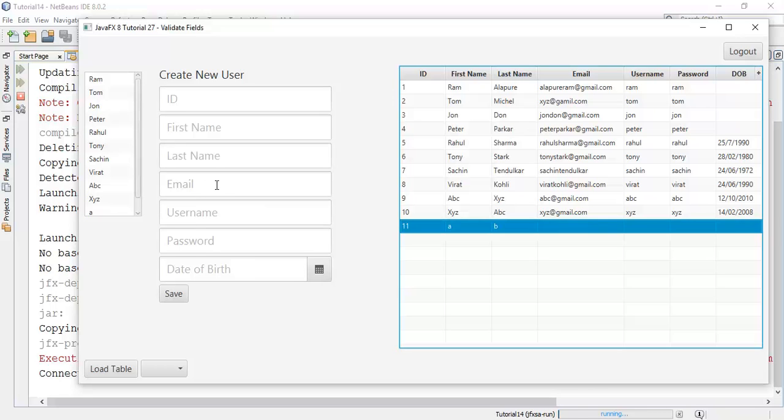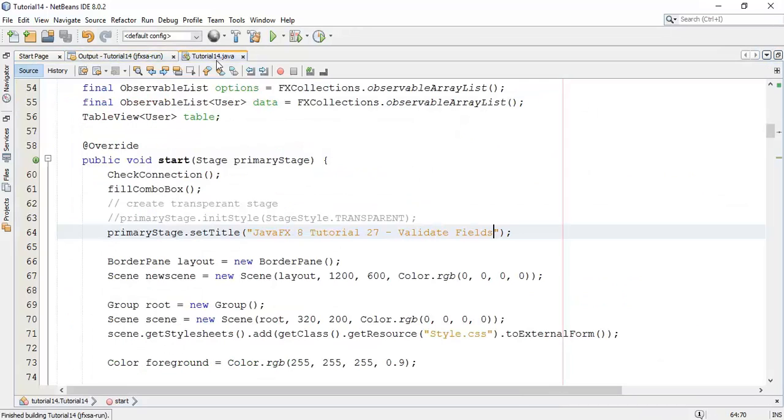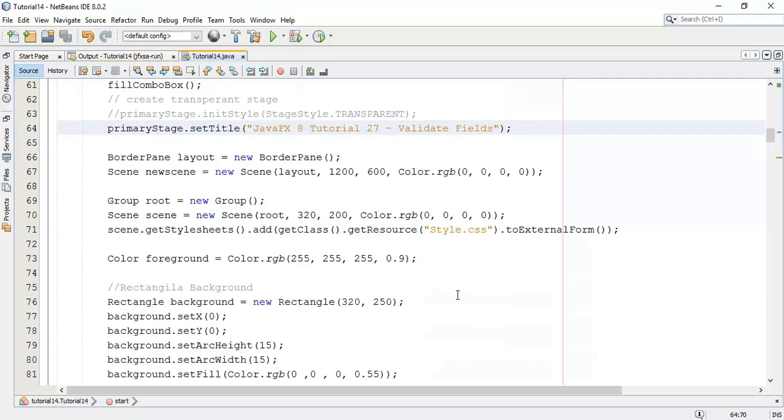So we need to validate these fields. Whenever these fields are empty, it must ask or give a warning to enter into those fields. So in this tutorial we are going to create a validate fields method to add validation into the application.